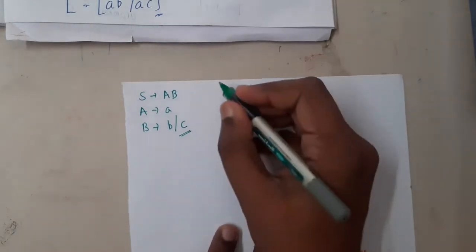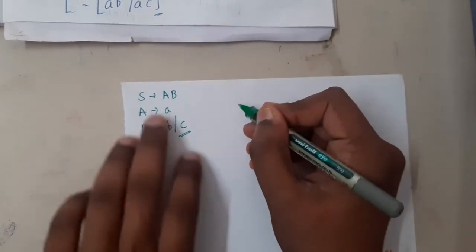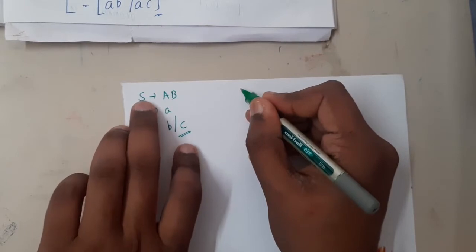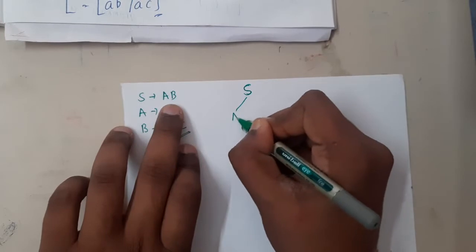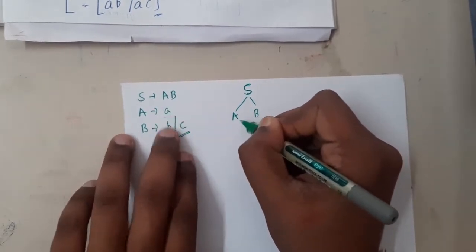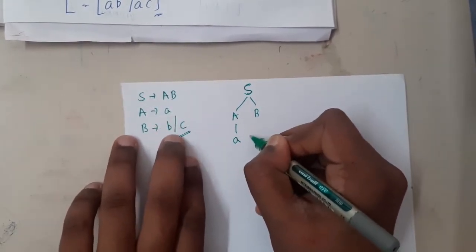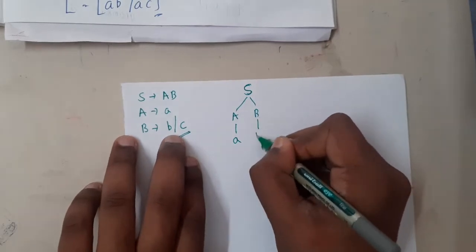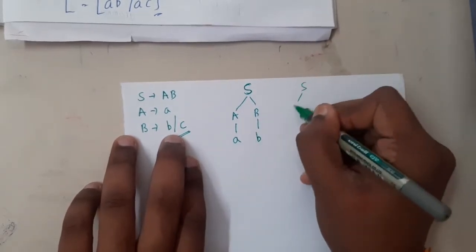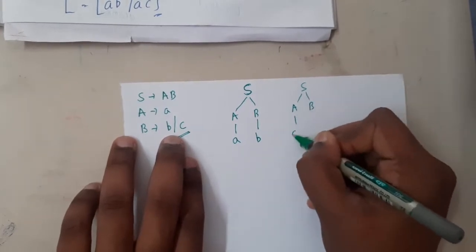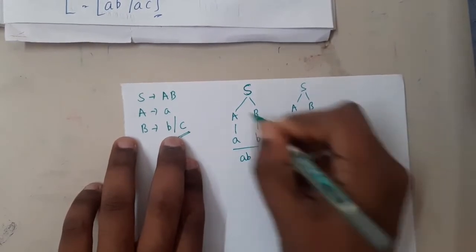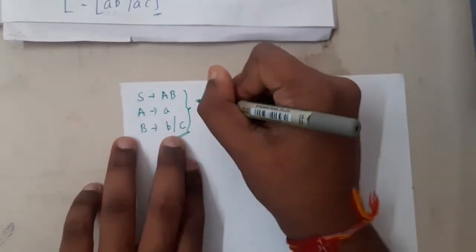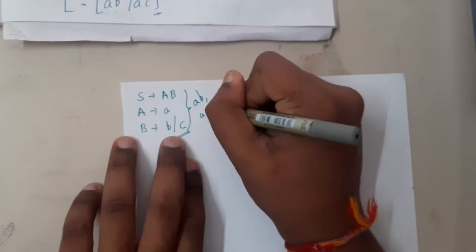When we work with these implications, we always prefer drawing trees, right? The first symbol S is nothing but the start symbol. From S I can generate AB, right? From A I can generate a small a. Similarly, from capital B I can generate small b, or I have another option here. So let me draw one more tree, where I take the other option, A and C. Here I was able to generate AB, and here I was able to generate AC. So using this whole grammar, I can generate AB or AC, right?